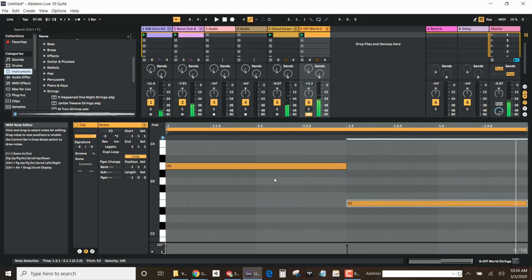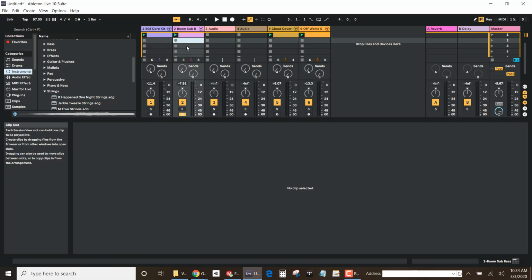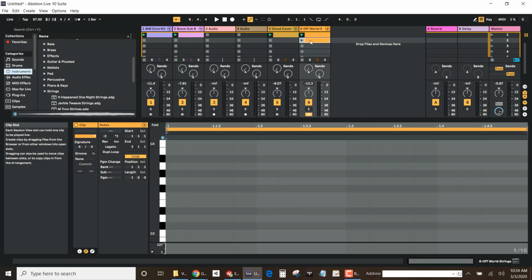That's all right. So pretty much just like that, guys, we've got a basic little loop that we could use in a video game. Now, notice that if you played this over and over on this loop, it would get a little bit annoying, right? A little bit repetitive. So that's where you guys can go, and for each instrument, you can draw in as many clips as you want. So if you want to do different parts that you're going to kind of go back and forth with, you would do that. So if I wanted to make another strings part that maybe did a different note,